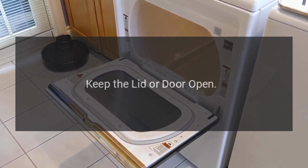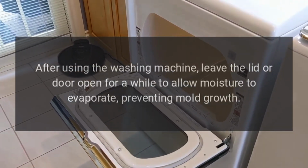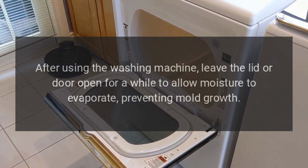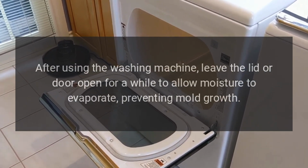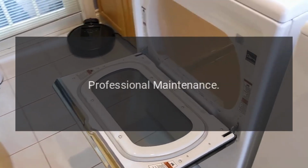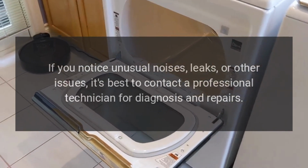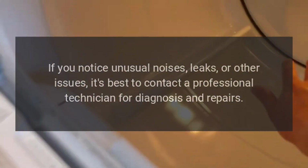Keep the lid or door open. After using the washing machine, leave the lid or door open for a while to allow moisture to evaporate, preventing mold growth. Professional maintenance. If you notice unusual noises, leaks, or other issues, it's best to contact a professional technician